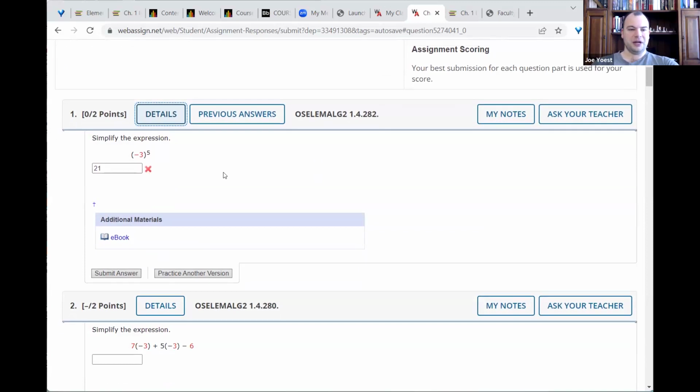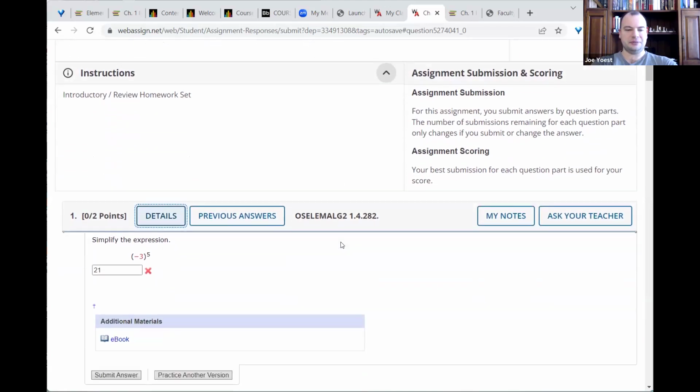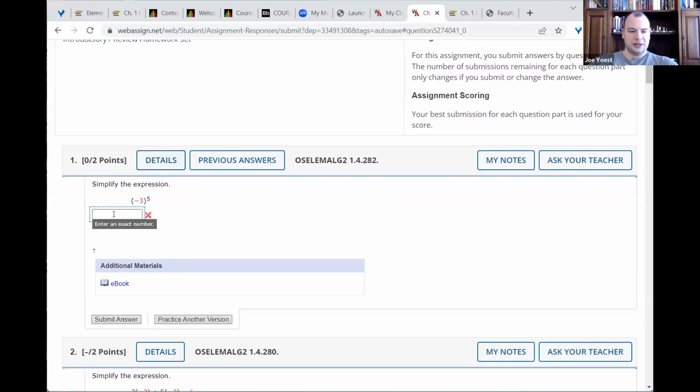And when you submit a problem and you get the credit for it, that credit goes right to the grade book. Everything updates live. You don't have to do any kind of final submission of a homework set or anything like that. When you're happy with your score, just move on to the next homework set or just be done with it. There's nothing you have to do to finalize your homework submission. Okay, so maybe we say